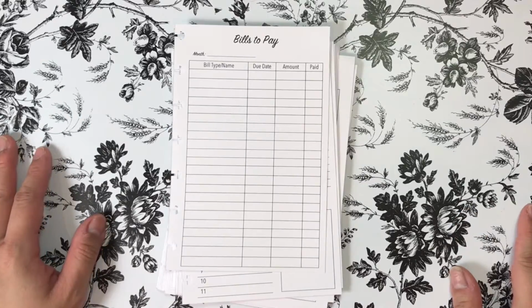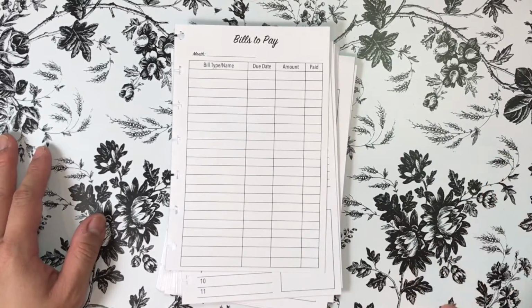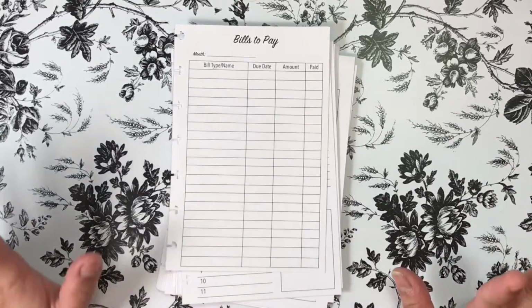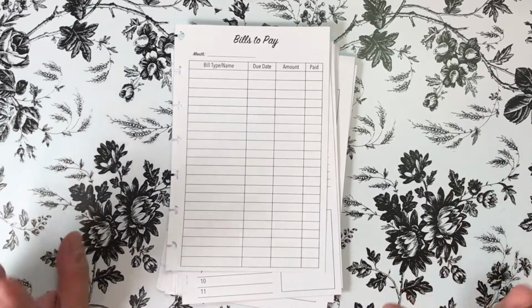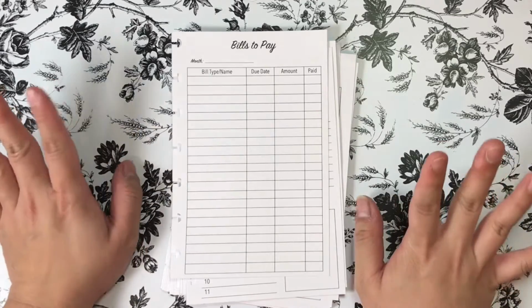So I actually have 4 new inserts I want to show you guys. But before I do, I just wanted to talk about a little bit of changes that are going on at the shop right now. So the first thing I wanted to mention is that I made a little adjustment to